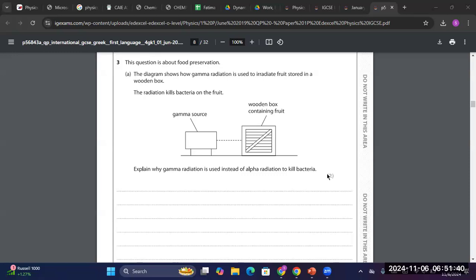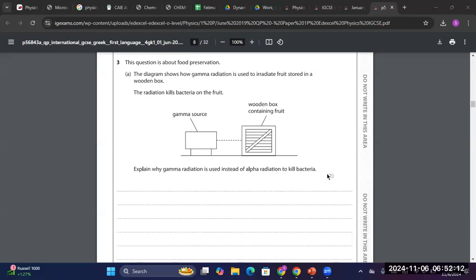Because they have a higher penetrating power, which means they have shorter wavelengths, so they can kill the bacteria faster. Okay. When you talk about your alpha particles, tell me, do they have high